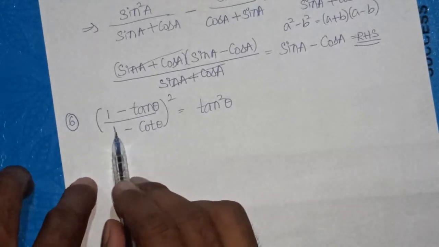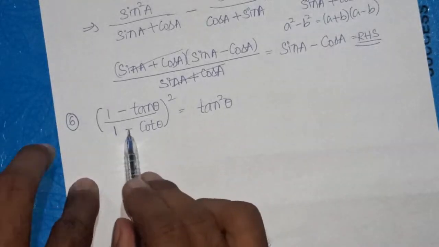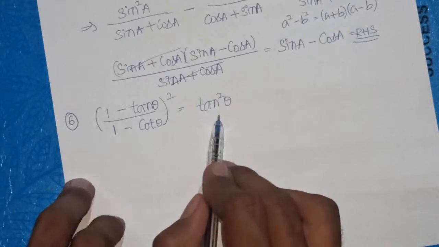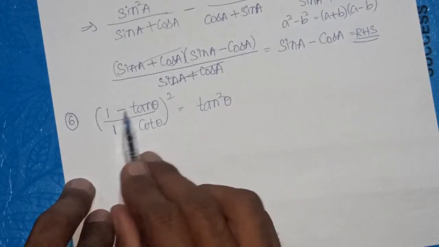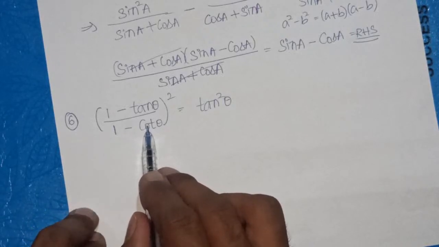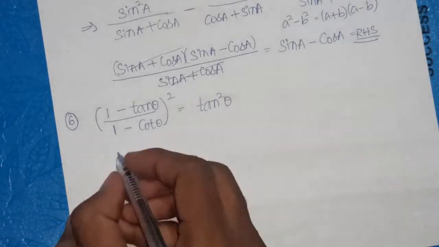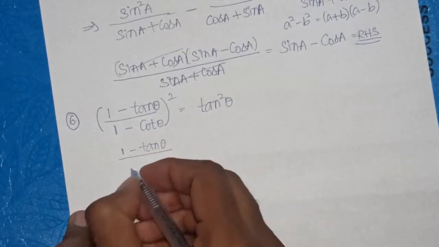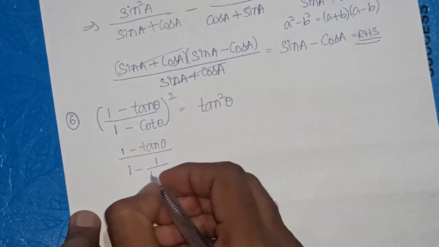And let's move on to next question. By taking LHS, we need to prove RHS, and we know that in the RHS we have tan square theta. So let us convert all the terms in the LHS to tan theta. Therefore, cot theta can be changed to 1 by tan theta, that is 1 minus tan theta divided by 1 minus 1 by tan theta